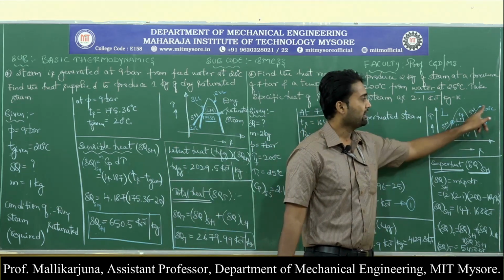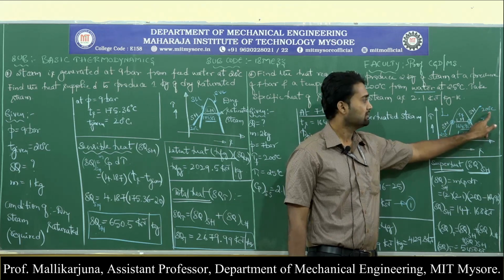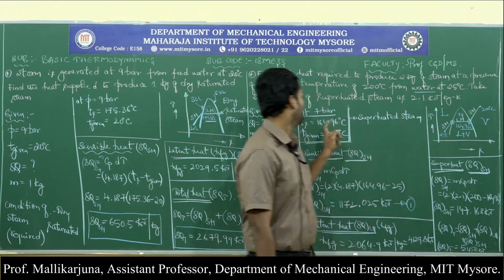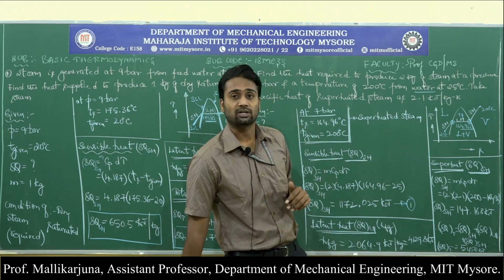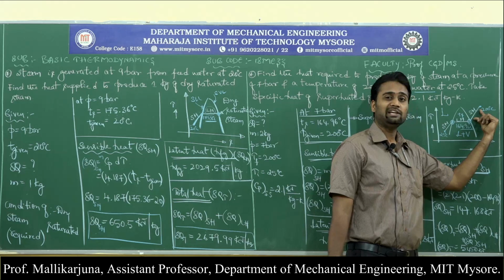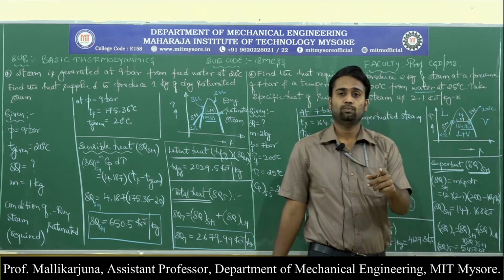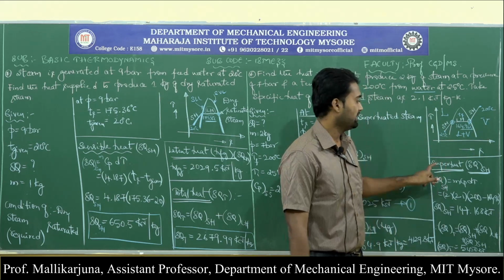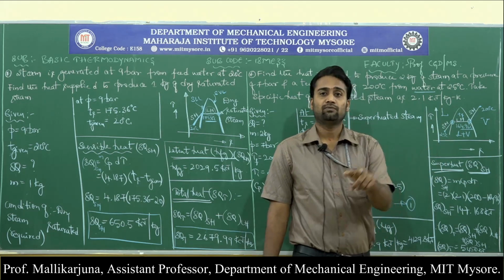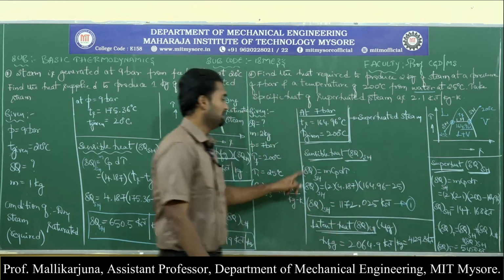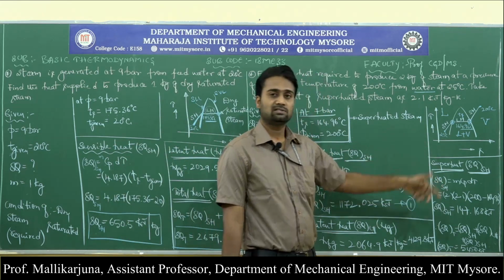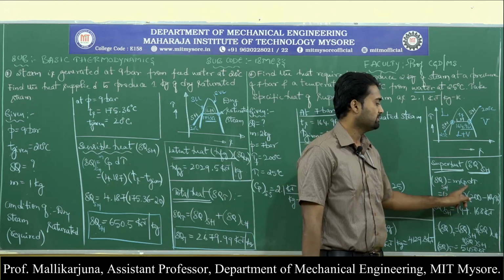From this dry saturated vapor, I need to move on to superheated vapor, because the condition of the final steam should be 200 degrees centigrade at 7 bar pressure. So at 7 bar pressure, I need to look for 200 degrees centigrade. This much amount of heat, what we are supplying, is called superheat, because we are in the vapor zone. Again superheat delta Q SH is also a kind of sensible heat. Because of that I am making use of the same formula that I used while calculating the sensible heat. So superheat is nothing but delta Q, which is equal to mCp delta T.